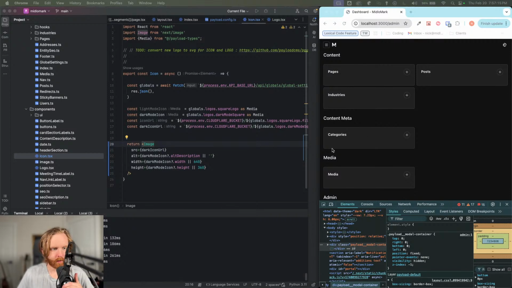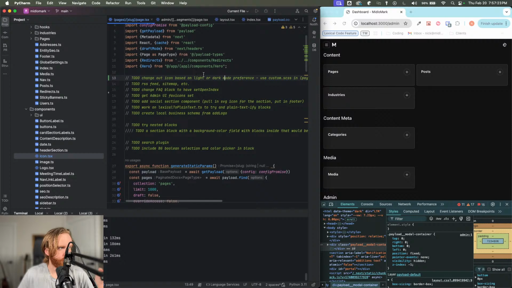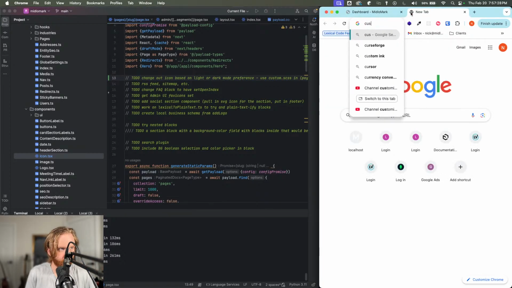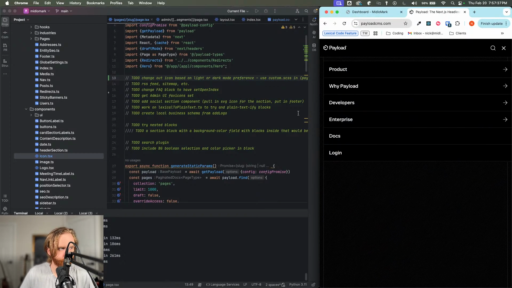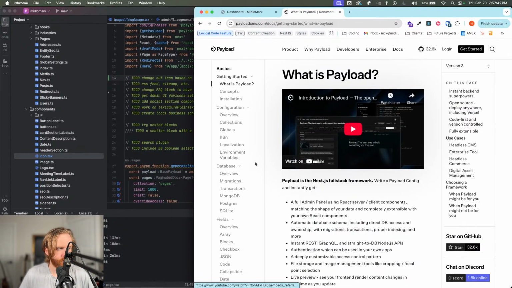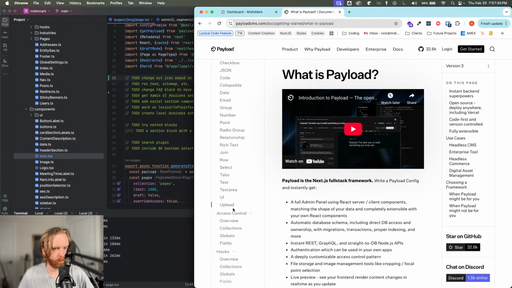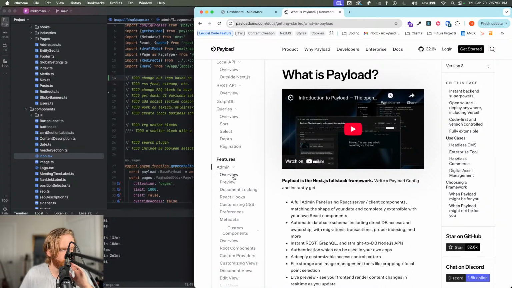So next up, what we're working on right now is getting the icon to change based on light or dark mode preference. And so one thing with custom components, oh, that's not what I'm looking for, but Payload is. Let's make this a little bit bigger for myself. We're going to go to the docs, and we're going to go down, down, down